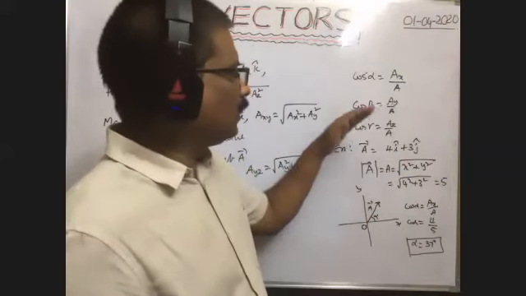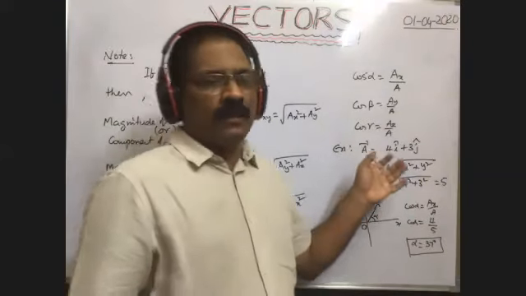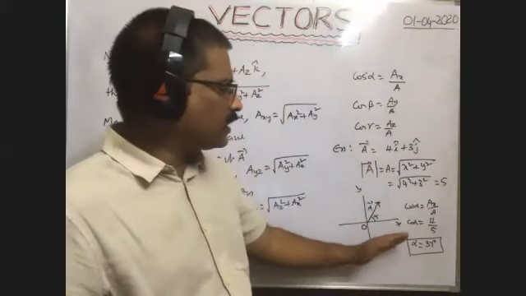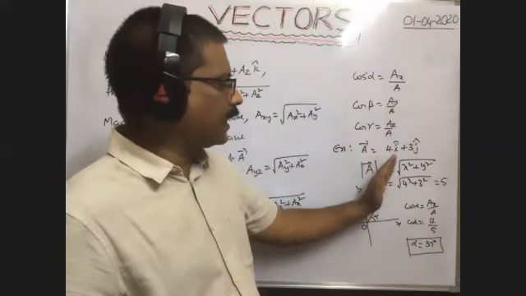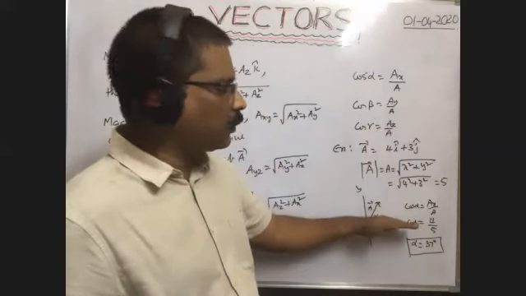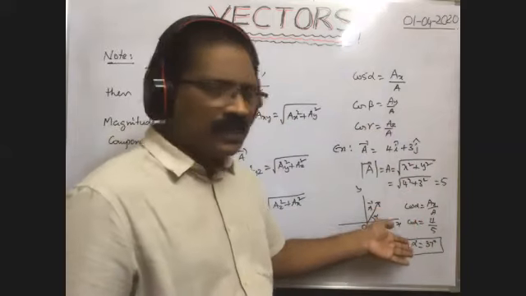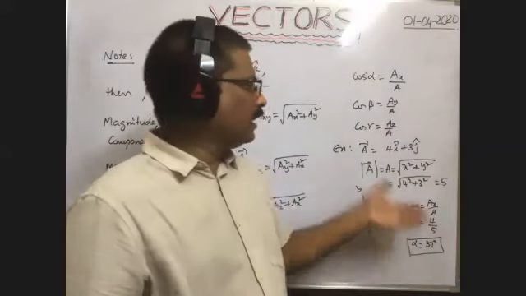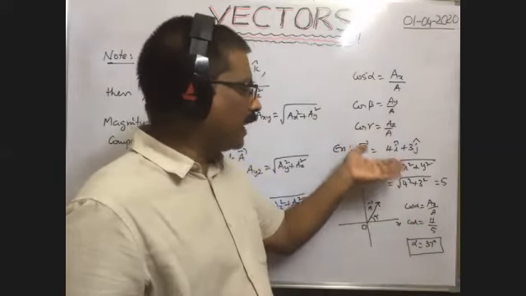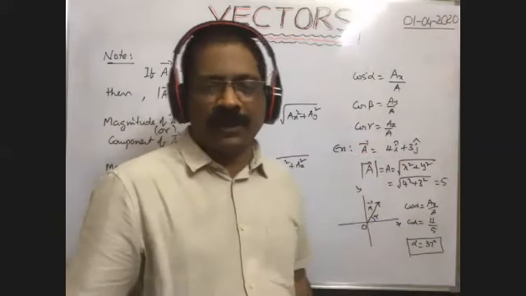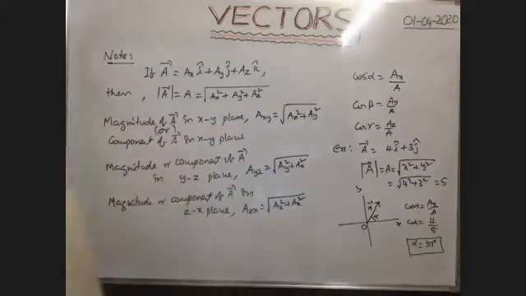Now, in this way, if you know the angle, then we can say the given vector lies along this direction by making an angle of 37 degree with the positive x-axis. That means it gives indirectly the direction. That's why if they ask for the magnitude and direction, we have to find it like this. Okay, this is very, very important for IP also.